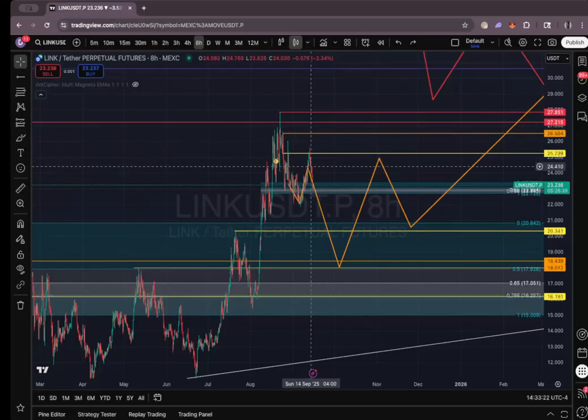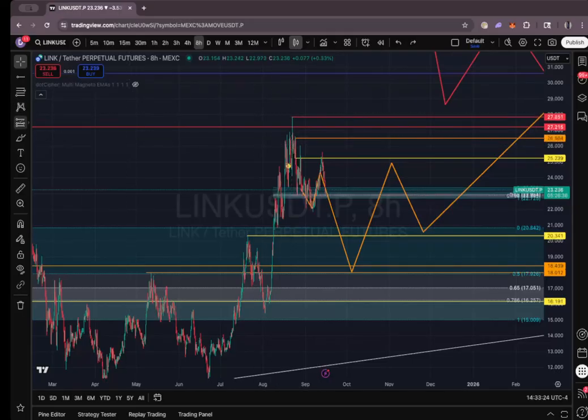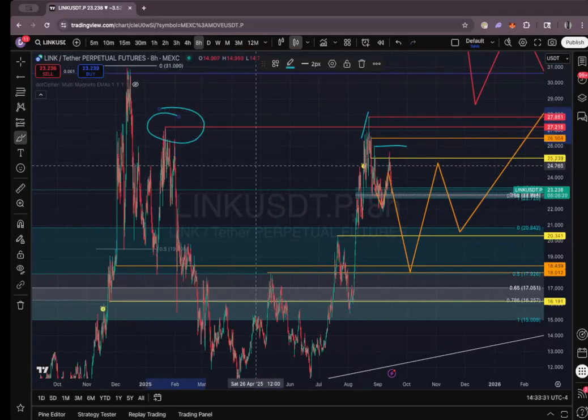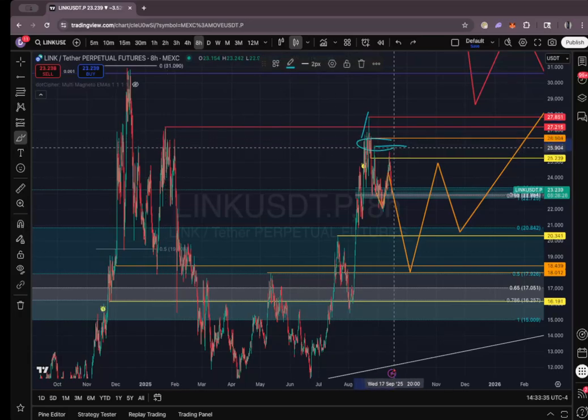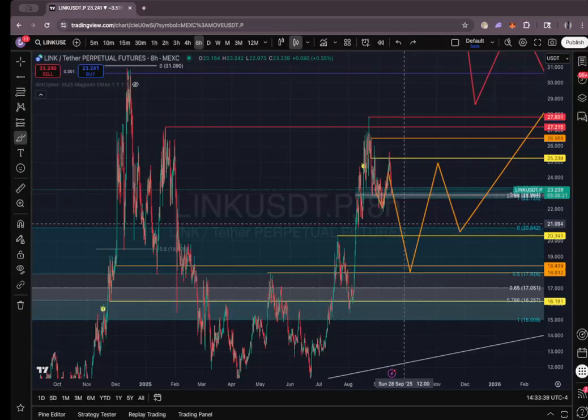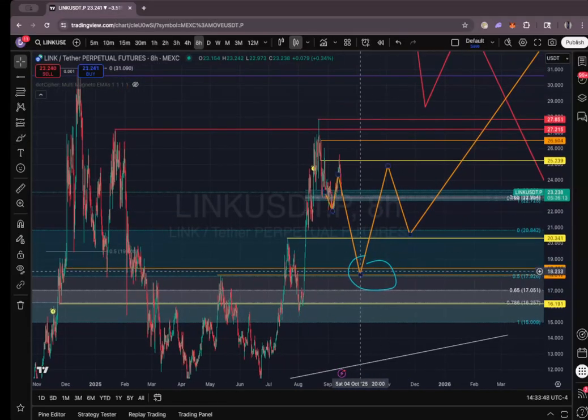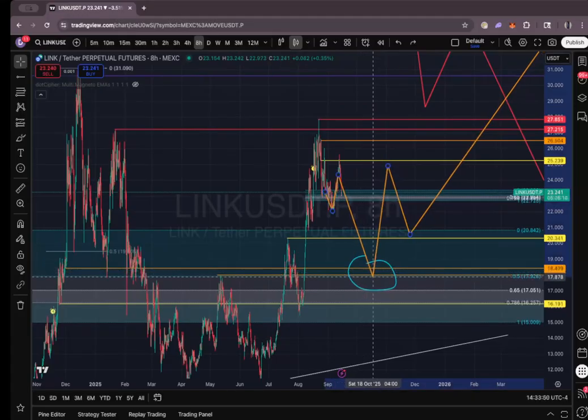Yes. Link, we did not make a higher high here, guys. Look at that. See? This is a very bearish structure. It was supported. It took the previous high and made closures below, and then supported the bearish structure. We didn't make a higher high here. I'm not interested in Link until we get under $18. It doesn't matter what we do until then. I wouldn't long it. I would short it actually. It's not a bad short.